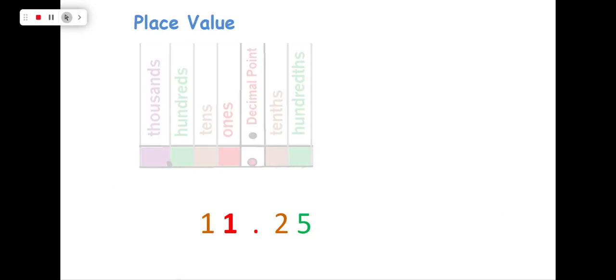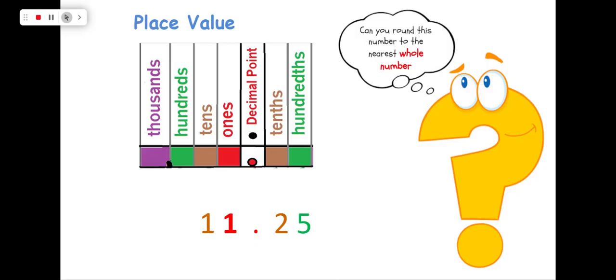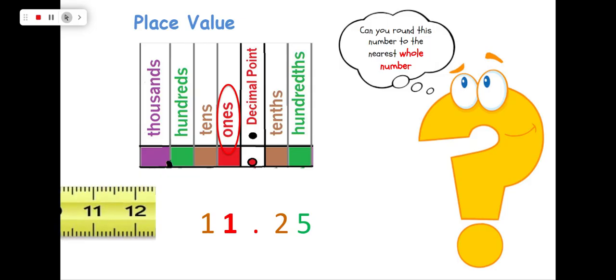What about 11 and 25 hundredths? In this place, we have something to the hundredths place. Okay, can we round this to the nearest whole number? So we're going to look and see the nearest whole number is going to be us rounding to the ones place. So is this between 11 or 12? So we look at 11 and 25 hundredths and we see that it is between 11 and 12, but it's